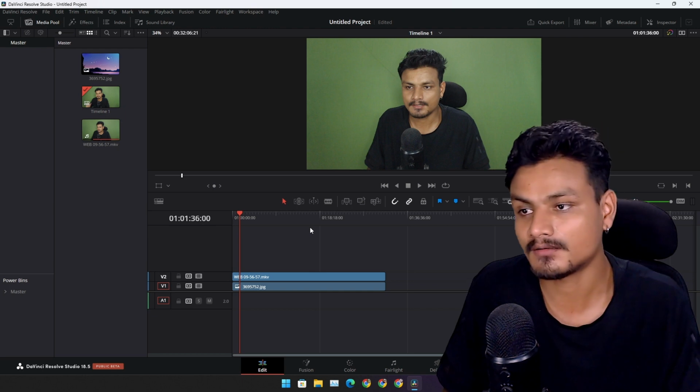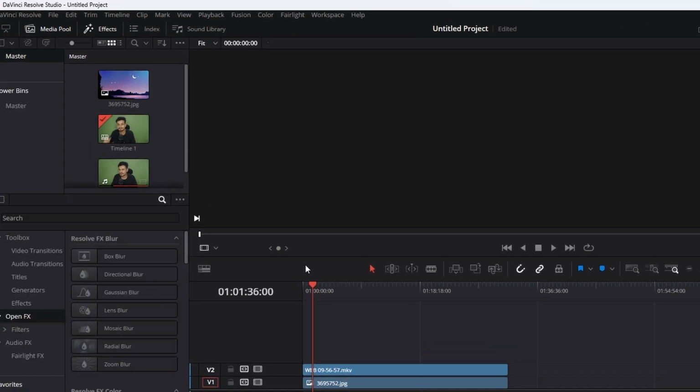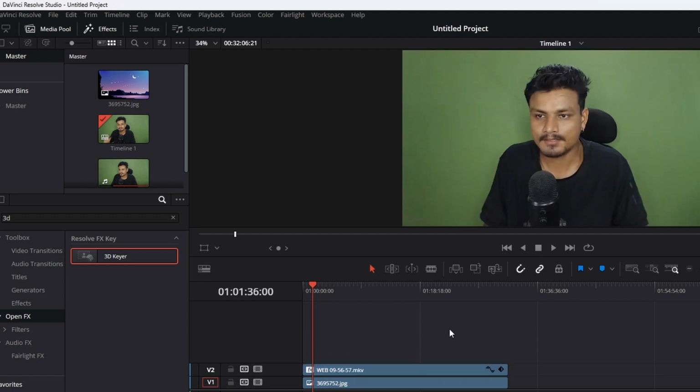Open your DaVinci Resolve and import your files, and also import your green screen footage to your timeline, and then go to the Effects page, then go to OpenFX and search for 3D keyer. Once you type the 3D, you should see this 3D keyer. Now you just have to drag that effect on top of your green screen footage where you want to apply